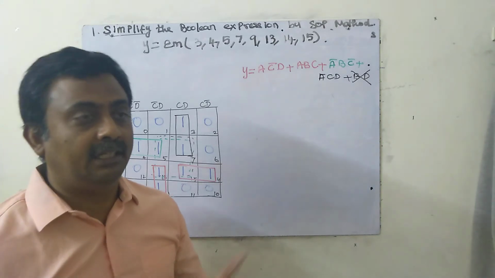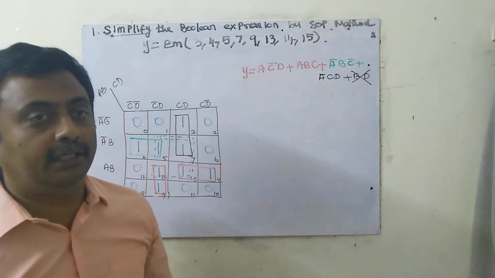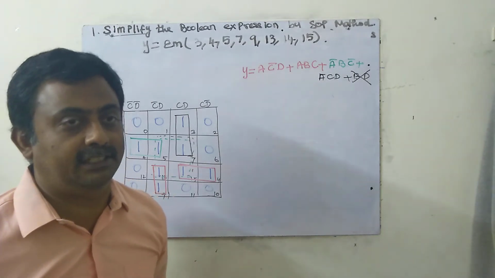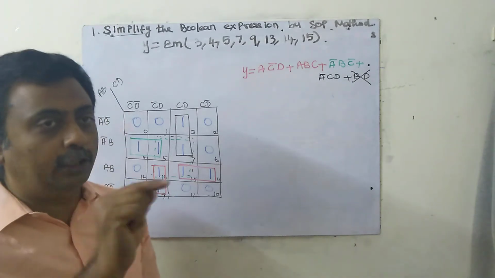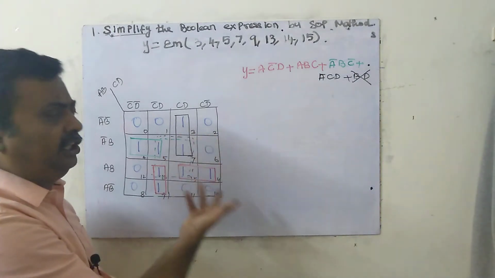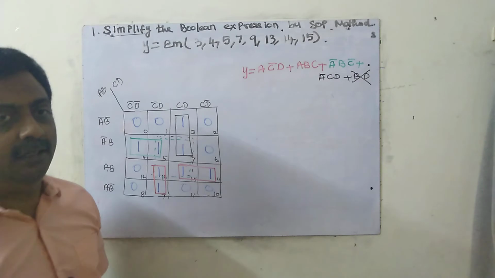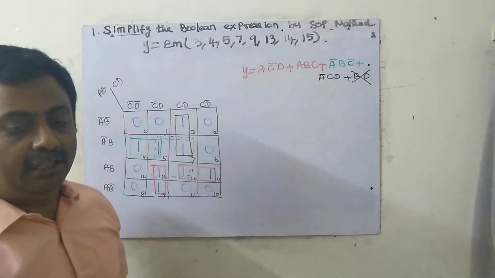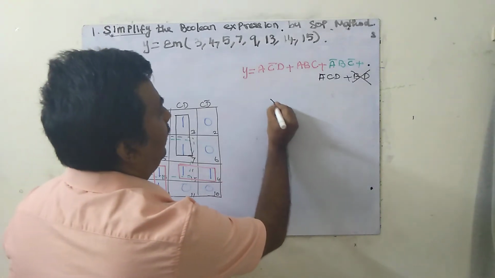Importantly, in the second unit we will go for combinational logic circuit applications. So many problems we will see about don't care conditions. Suppose in this location it may be 0 or 1, the circuit won't bother about this. That is called don't care condition, and it is denoted by X.